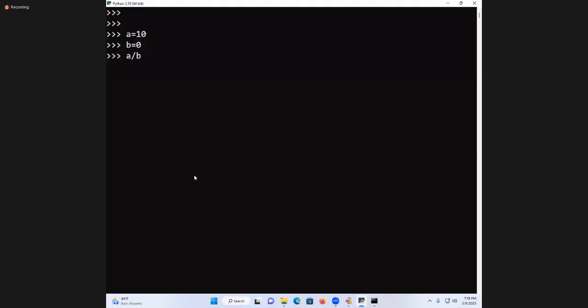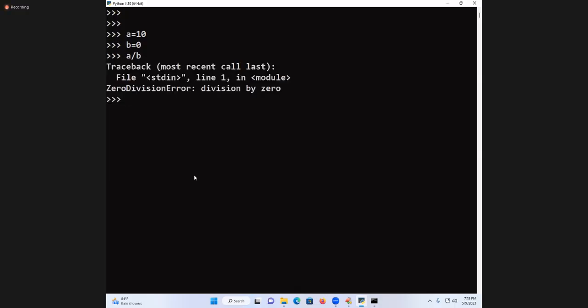Runtime error is called exception. An exception needs an object, and the object requires an exception class. What is that exception class name? ZeroDivisionError. So if people ask you what ZeroDivisionError is, what is your answer? It is an exception class name.